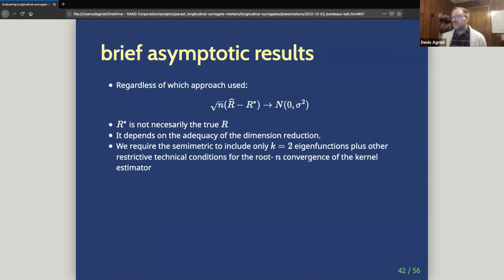And the other thing to mention is that for the kernel-only regression estimator that I mentioned, the last one, this result requires that you only include 2 eigenfunctions in the distance function, which probably isn't going to be realistic in practice. This probably isn't enough. So, there are some other restrictive technical conditions in our proof, which probably aren't going to be met in practice. But despite all that, when we use it in simulations and violate these technical conditions, it still seems to work out